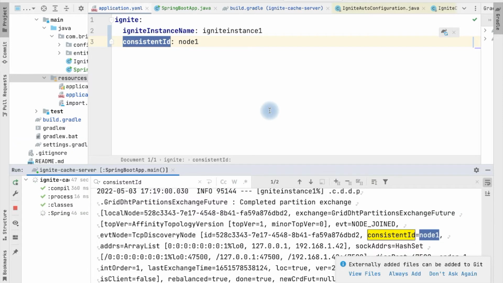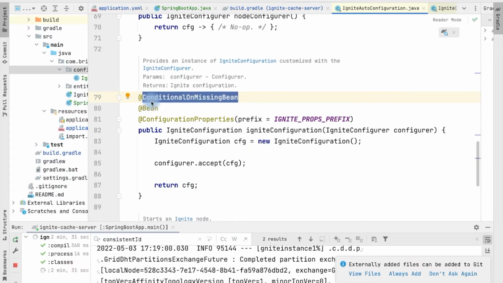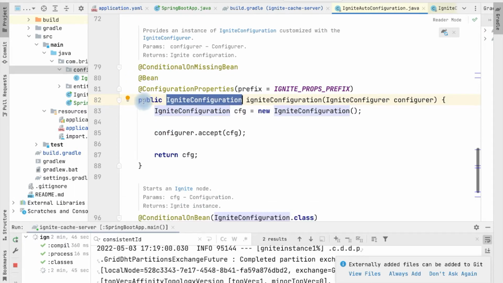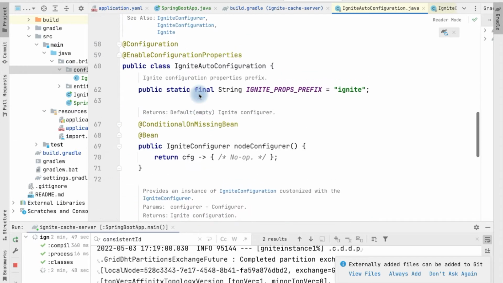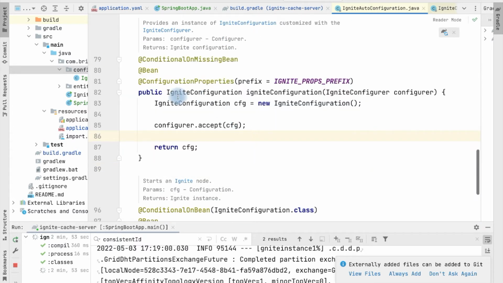Instead of the application YAML file, if we want to configure programmatically, then we can just use the Ignite auto configuration. Here you can see we have the conditional on missing bean. That means if we have the Ignite configuration instance, then it will pick that particular instance. Otherwise, it will create the bean out of the default configuration that is being given in this Ignite auto configuration file. So we just need to create an Ignite configuration bean, and that is what we can do within our